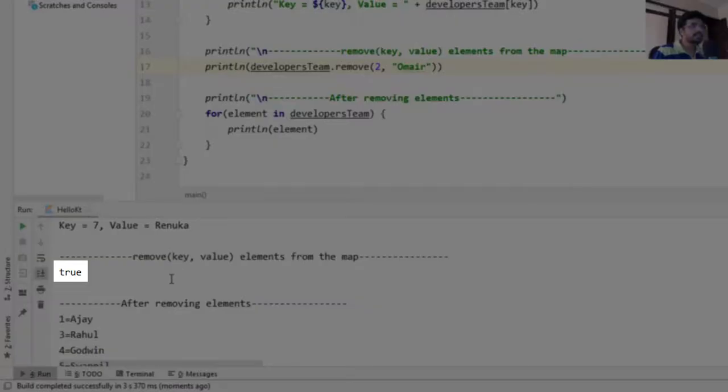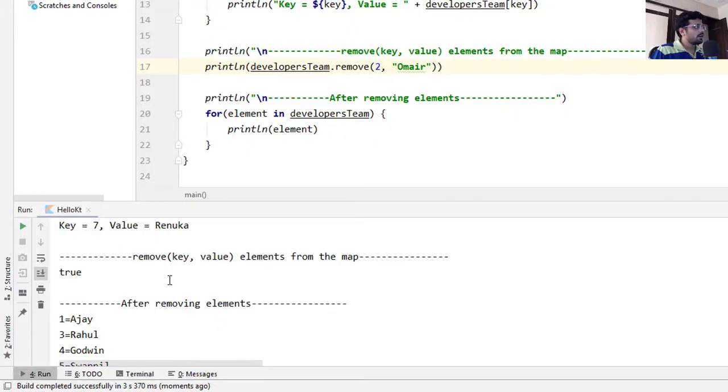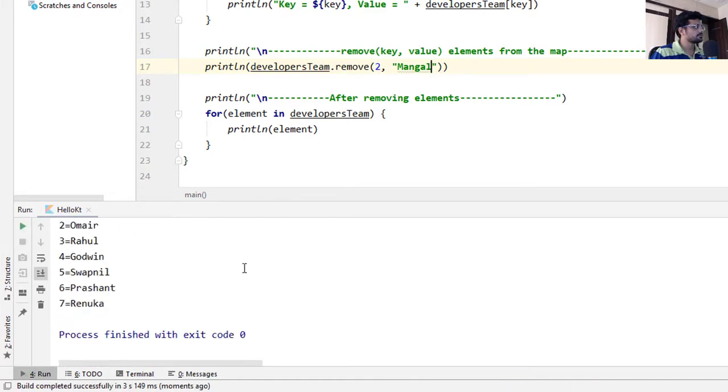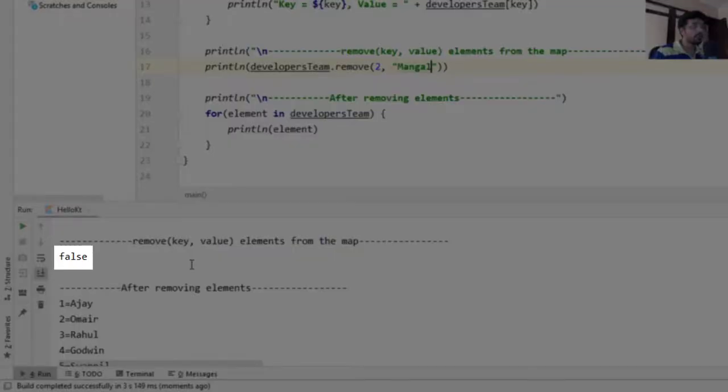As you can see here, it is returning true since it has removed the key 2 with value Omer. Let's change the value with the name Mangal and see what happens. And it returned false since there's no such value for the key 2.